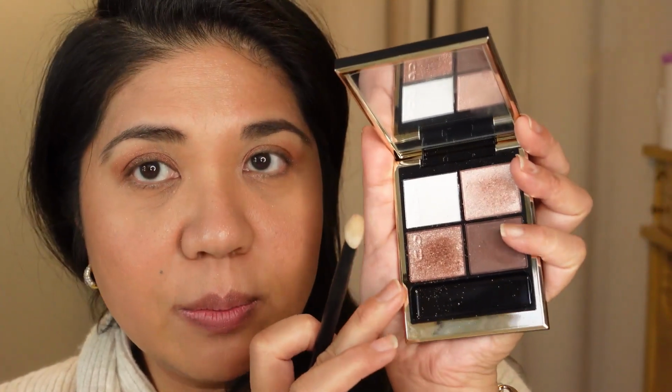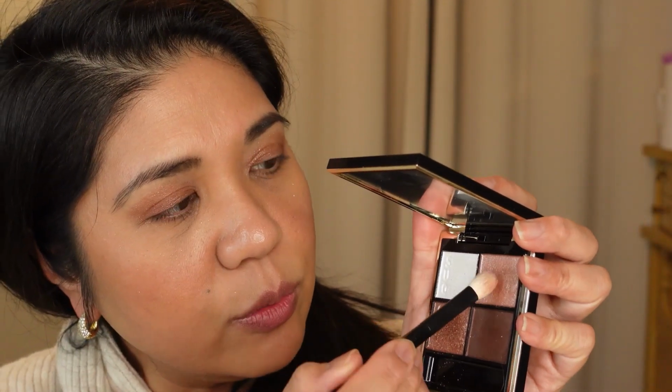Going into a look that I saw the creative director who came up with this collection, Jorge, post. He posted some looks with this beautiful palette 129, and he just posted, I think in the last 48 hours, a look that I wanted to replicate. So he basically took this deeper shimmer shade and put it all over the lids. It's so beautiful. It's kind of like this one and done. And then he went into this rose gold pink shade and then brought it up here,